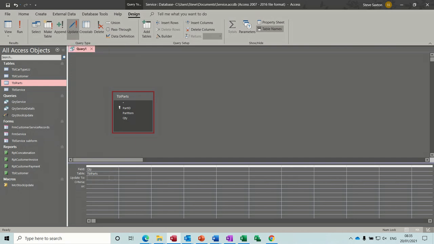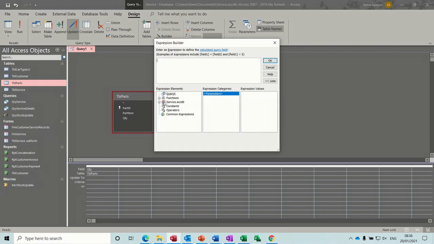Now I'm going to use the expression builder, which is here, and then I'll get the right syntax. So open up the database, and I want a table. I want the parts table. So we're going to update the quantity, table parts quantity, minus what goes in the